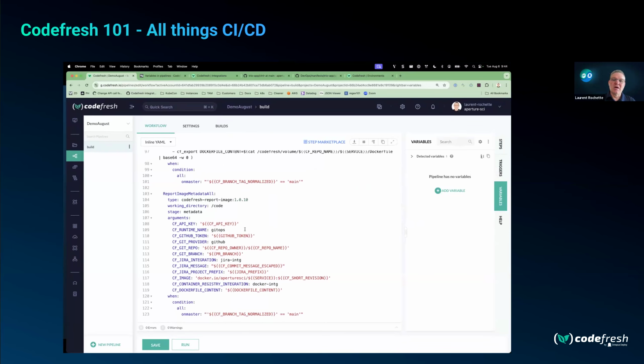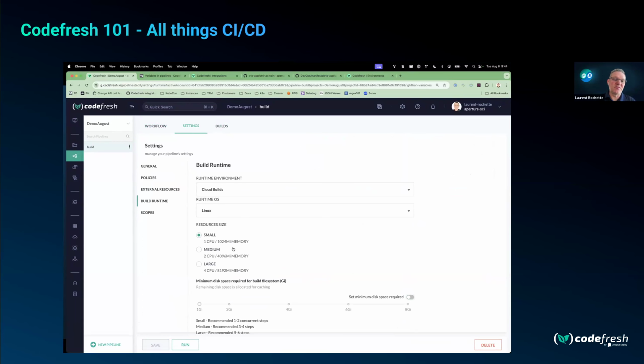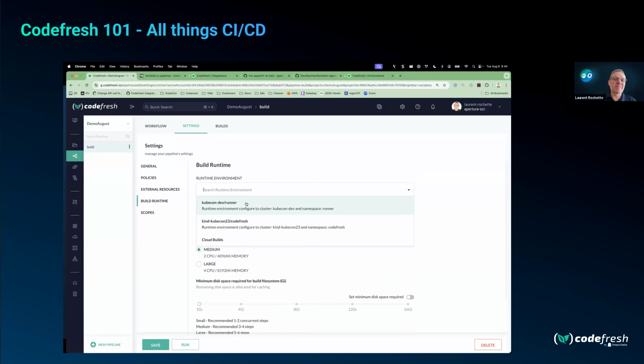And now I can rerun my pipeline. Did I forget anything? So as I'm starting to do a couple more things, I'm going to also change the size of my pod. So I'm going to take something slightly smaller. And somebody was asking earlier about runtime environment. So here I'm running on SaaS, but you can also run on your own runner behind your firewall